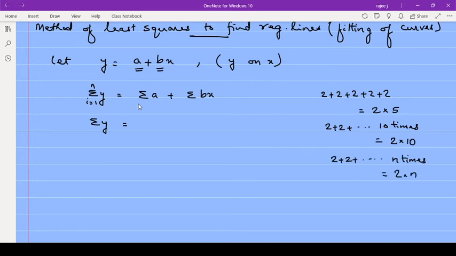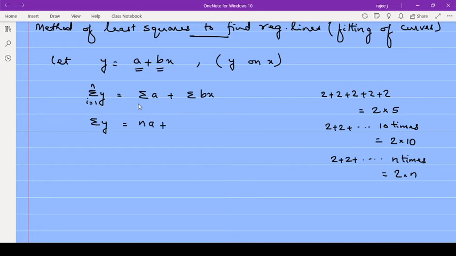Similarly, if you add a n times, a plus a and so on n times, this is nothing but n into a. Adding a plus a is 2a, plus next a is 3a, plus next a is 4a, like that. N times when you are adding, we get n into a plus